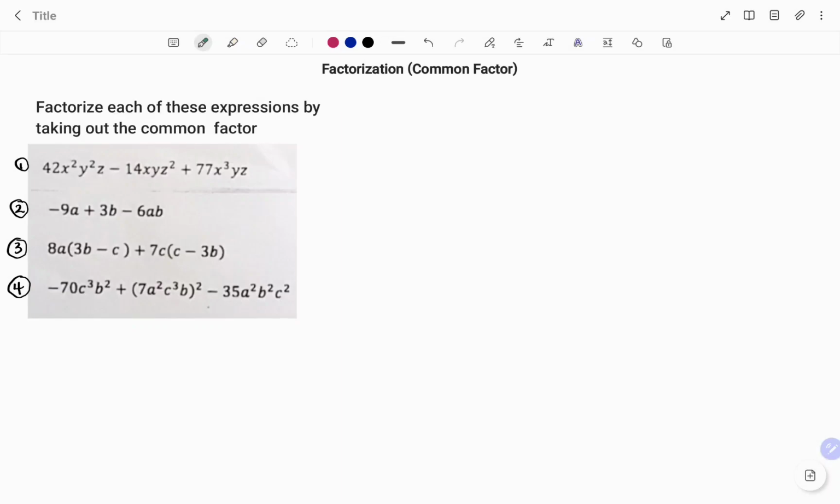In this video, I'm going to show you how to factorize the following algebraic expressions by taking out the common